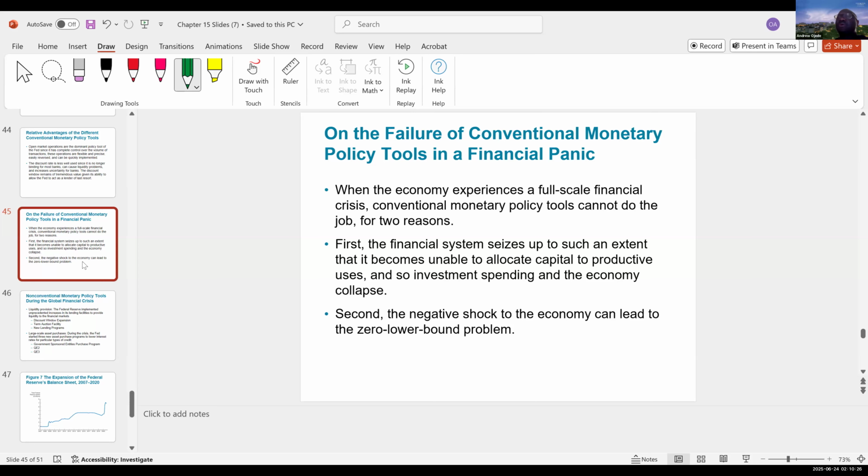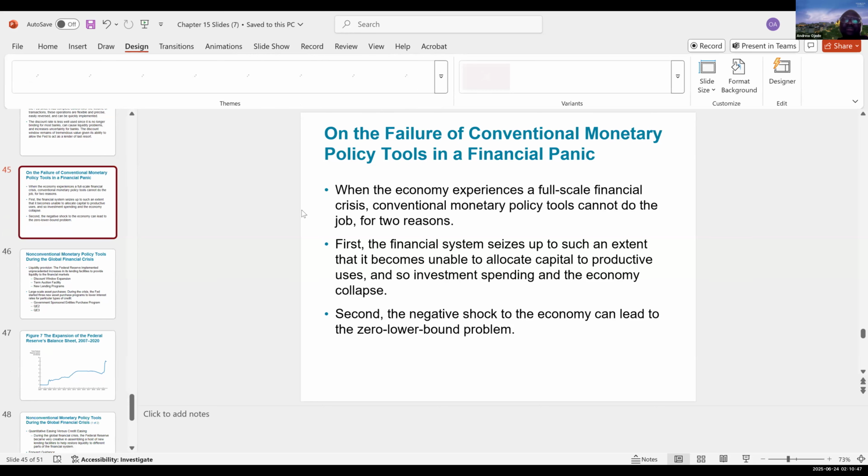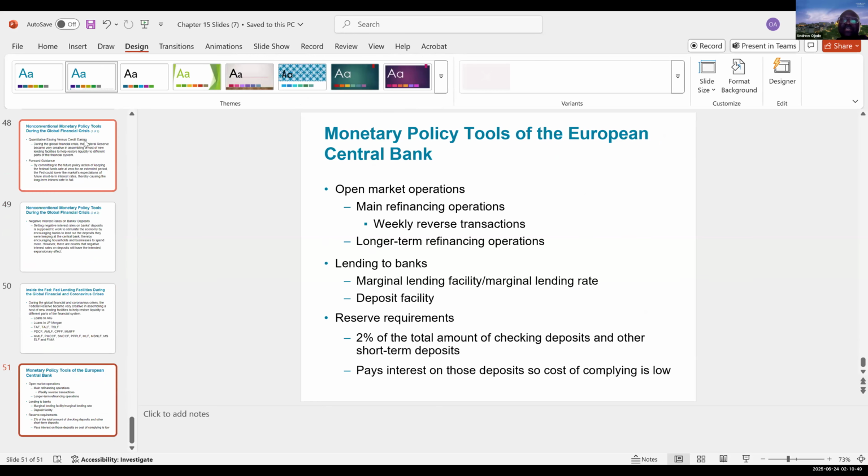So the question is, how could the Fed lower them to make them negative? The answer is, of course, no, because we didn't want the interest rate to be negative, just like we saw in Japan in the 1990s. So the Fed started to come up with unconventional tools of monetary policy, things that were not tried before, like large asset purchases from Wall Street,